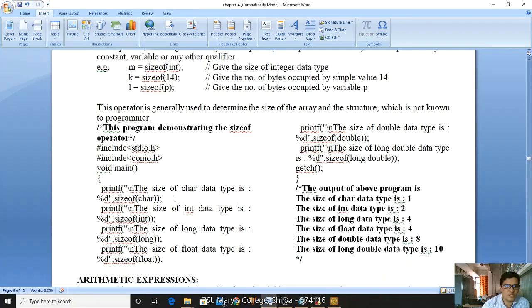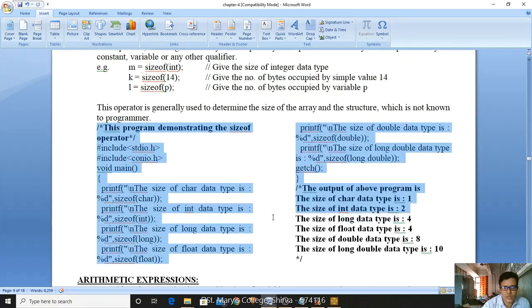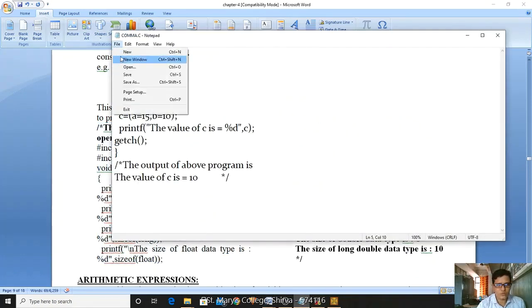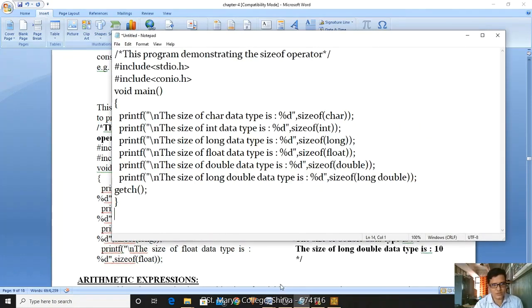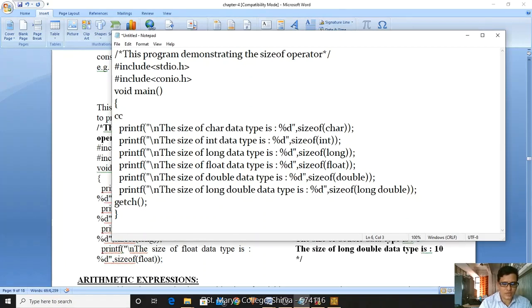Now let me check here. Here we have a sample program. I will copy it instead of wasting time. Let me copy, and you are identifying here. I'm copying this, going to the file, new, and pasting here. Yes. Now let me check. Here we do not have anything; we are directly displaying the value. Okay. Let me see, in the printf statement, what I am